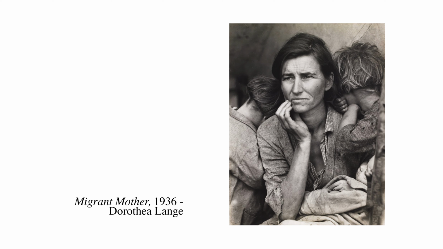So Migrant Mother was taken in 1936 by Dorothea Lange, and it's an image that most people know, most photographers would know. It's a really powerful image, it's a beautiful image, but it's an image that concerns itself with misrepresentation. So we'll start with how Lange recalls the situation, and this can be found in various interviews and articles on the net. She stated that she approached Thompson, the woman in the photo, and her family,